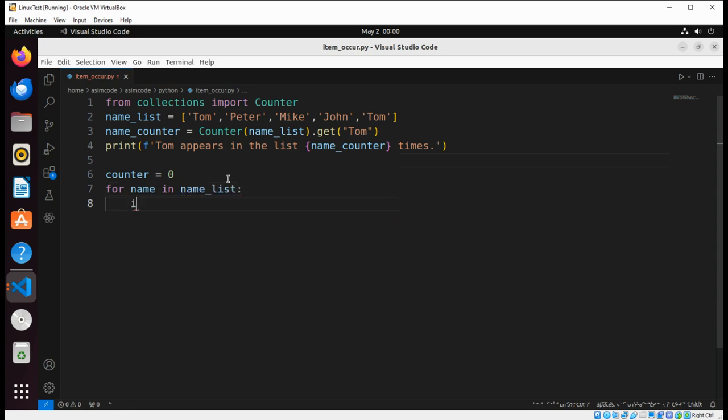and we are going to check if name equals Tom, then we are going to increment the counter, and we're just going to add one to it, counter add 1,